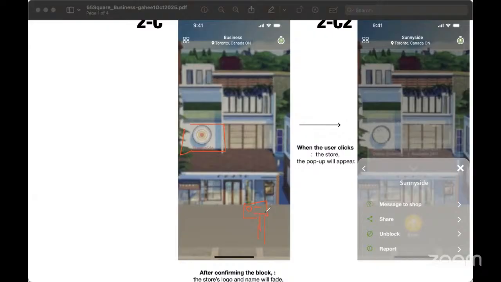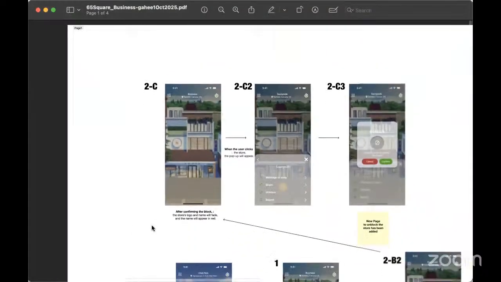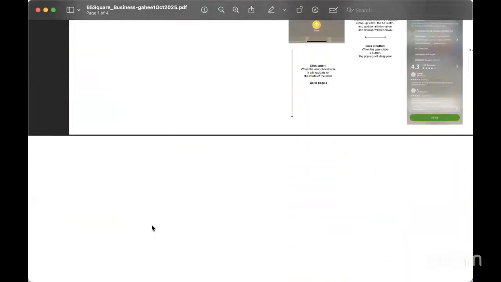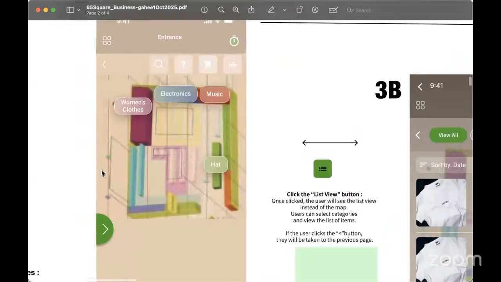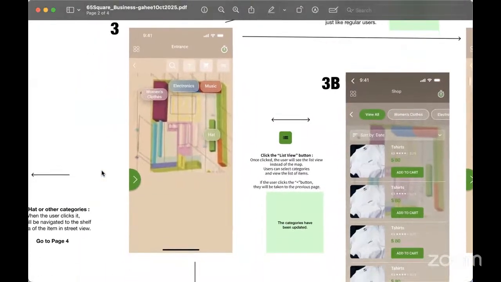To go inside somebody's house or building, if it's a business, you'd be able to go inside right away. If it's a person's house, you would need to request to do that. And going inside the house would change the experience. So inside the business, we see down here on the first page